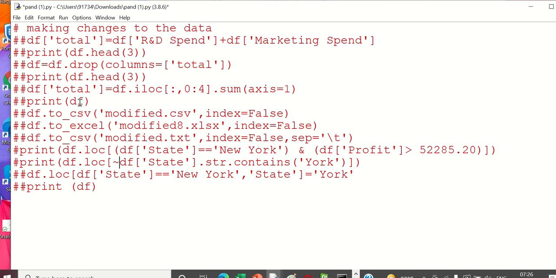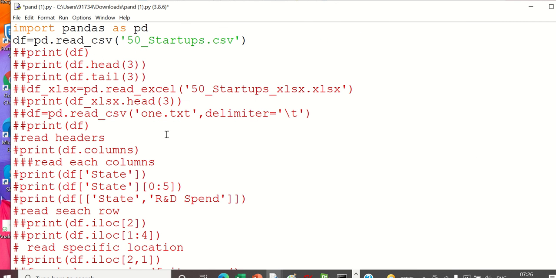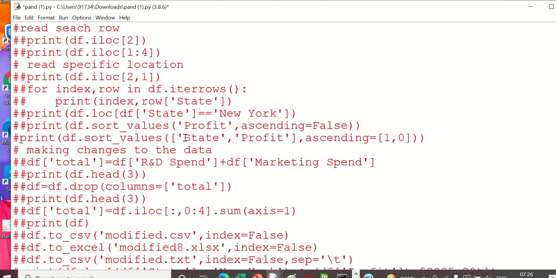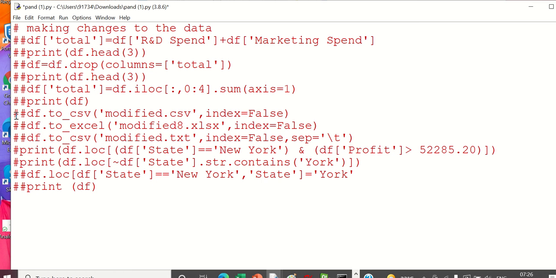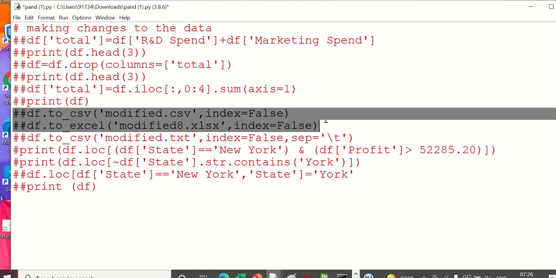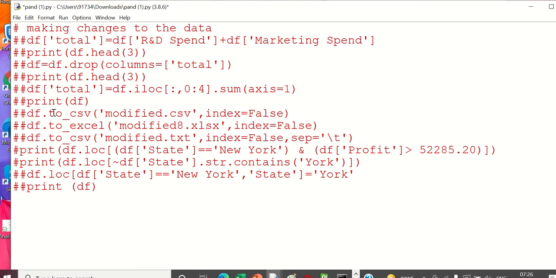Now your Excel that was there earlier, this 50 startup is no longer the 50 startup. We have changed it so much. If you don't save, whatever changes we have done is lost. So we can save it in a new form. You can use this df and save it into a new CSV. Whatever changes will be going into this modified.csv.